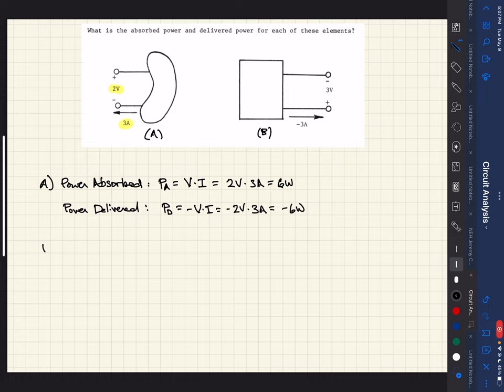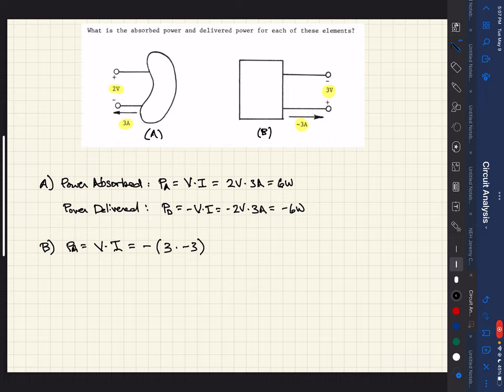Similarly, we can do the same thing for the B element. So PA, in this case, we see that we have 3 volts and 3 amps here. So when we plug these values in, we see that, again, this is V times I. And so here we are going to have a negative 3 times a negative 3,